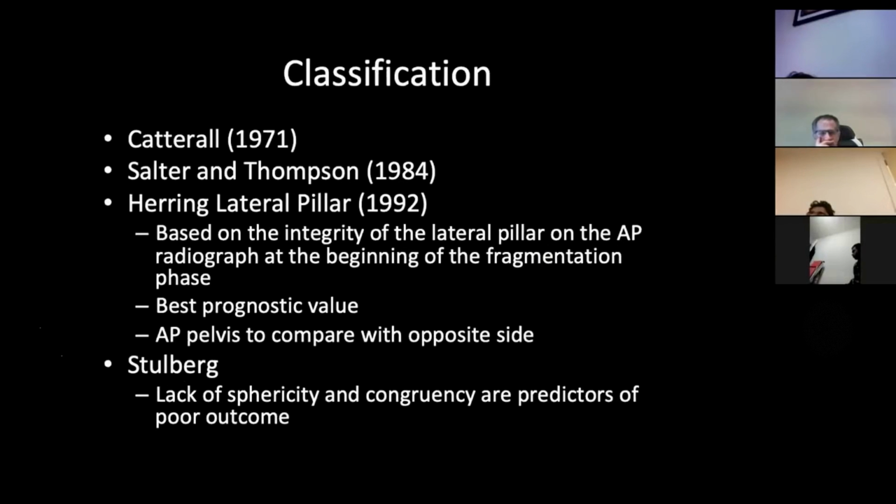So classification, there's 3 classification systems, right? And so there's probably 4, actually. So one is Catterall, done in 1971. I've not touched on it. Salter-Thompson, 1984. Again, I've not touched on it. The Herring classification of lateral pillar is probably the one that is most prognostic. So we will talk about that. And you need an AP pelvis to compare it with the other side. And then the next one is the Stulberg, which is more of a long-term classification. So for the purpose of your exam, know these exist, but you want to focus on the Herring,